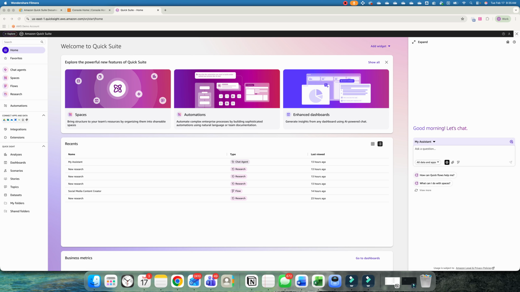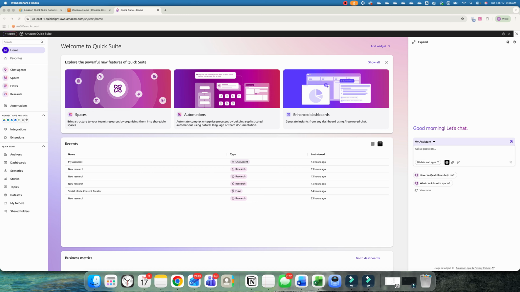Today again we are going to continue on the Amazon Quick Suite user interface discussion. Yesterday, in the previous video, I showed you an in-depth walkthrough of the end user interface. Now I'm going to show you and explain what the admin user interface looks like and how you configure the entire Quick Suite as an admin, right? So let's dive in. As you see, we are logged in to Amazon Quick Suite, and